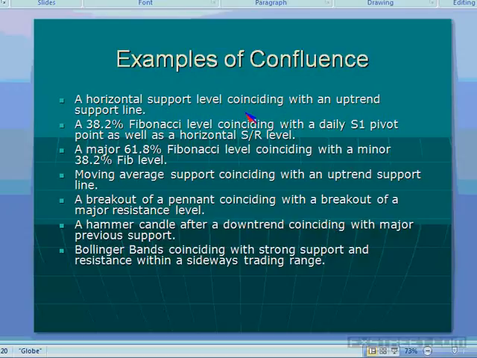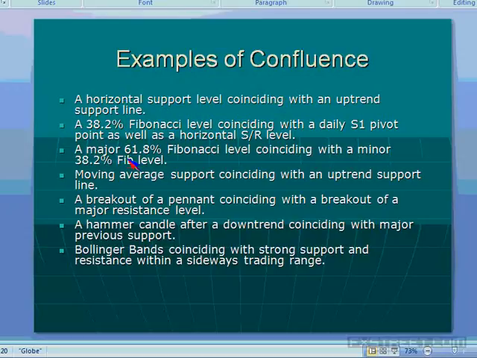For example, let's say a horizontal support level coincides with an uptrend support line at the same exact moment, and you see this time and again on charts. I draw many, many trend lines in my analysis. If you draw a trend line, and at the same time, it's also a point where price turned up in the past, or let's say it was a Fibonacci level where price turned in the past, if you combine those together, and that occurs at the same place, and it bounces at that area, if you have confirmation of that bounce, then for me, that's a pretty high probability opportunity to get into a trade.